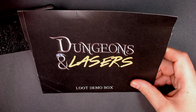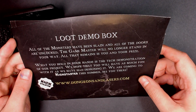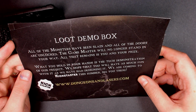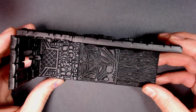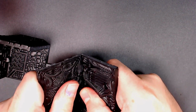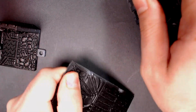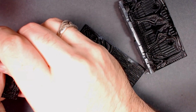I'm coming to you with a painting tutorial and product review, the Dungeons and Lasers loot box demo. We're going to take a look at this pre-Kickstarter terrain set. It's modular, it's fresh, they sent me a bunch to look at, and now all this dungeon terrain stuff is the rage right now, but I haven't seen one quite like this that marries the dungeons and the lasers. So I've gotten a few questions on how to paint some of the laser sections of these terrain pieces,